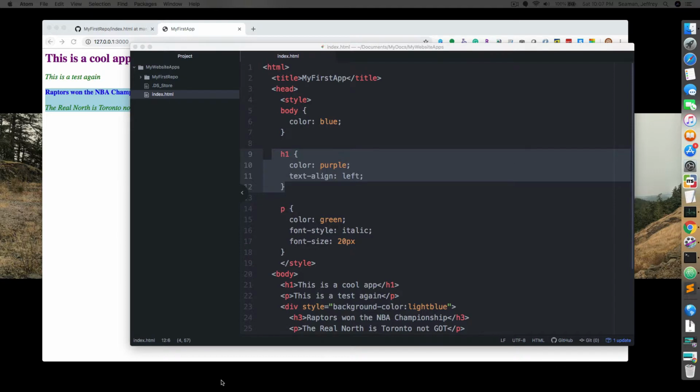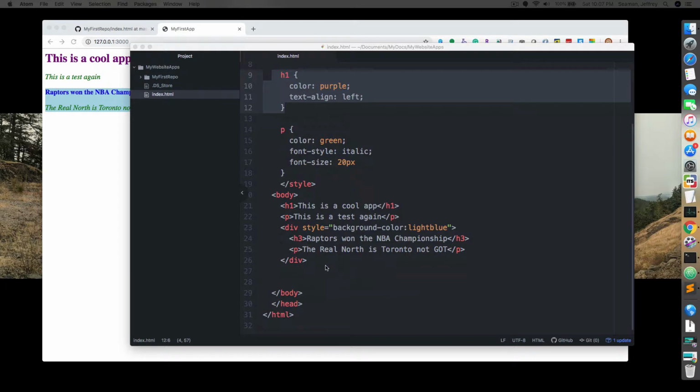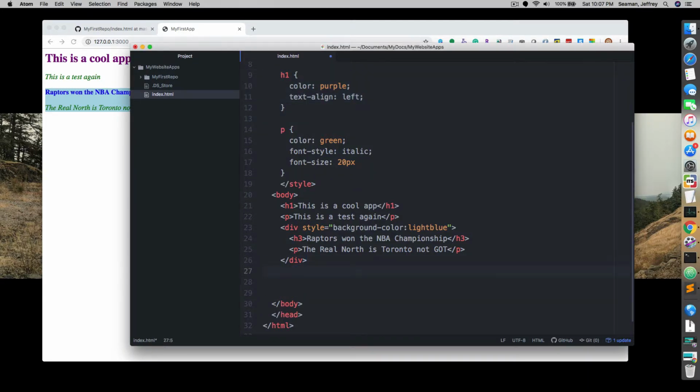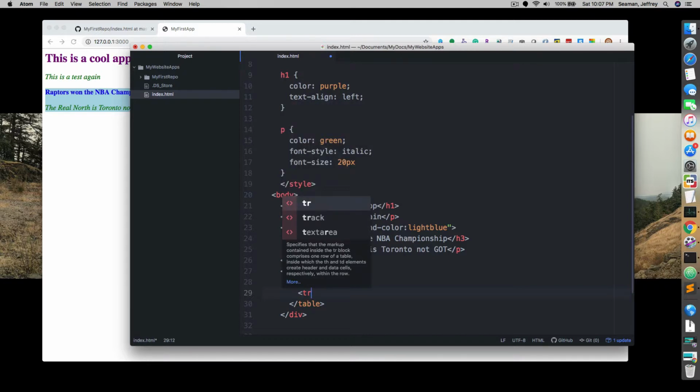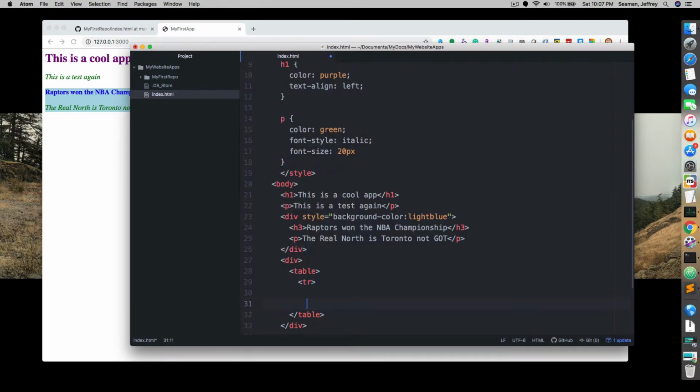Table is interesting, so let's do this. Let's go down here. Let's create a new div tag. Just a typical div tag. Now we need to set up a table. So we can type in table, and we need to have a closing tag for table as well. Then we want to have a TR. That's TR for row. So you need a row. And then we need a cell. We could type in TD. And then I could type in something like P for paragraph. And type in, let's see here,